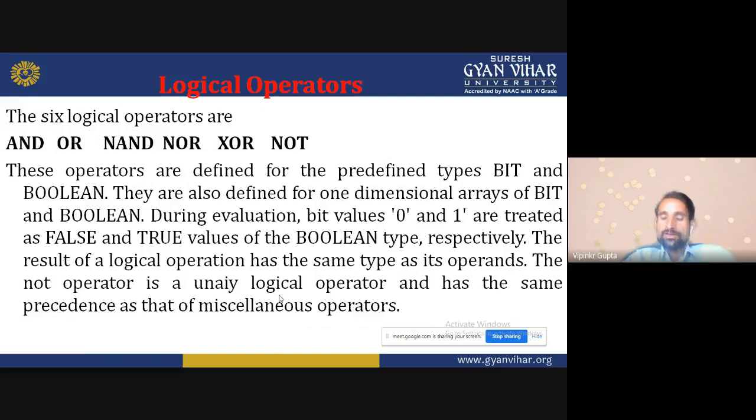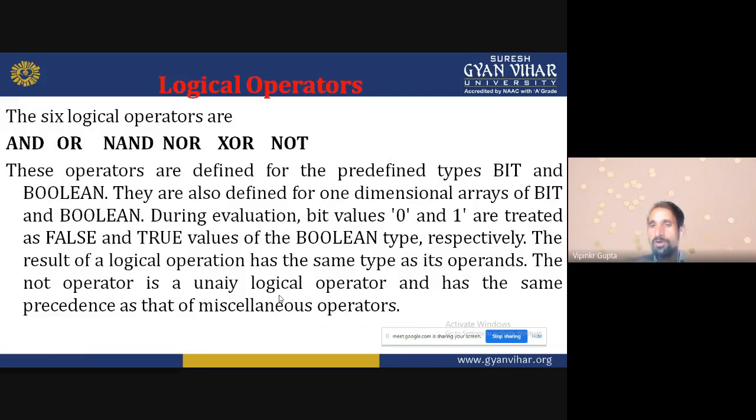The result of a logical operation has the same type as its operands. Suppose we are doing an AND operation and providing Boolean input like true and false, then the result is also true or false. If we provide input 0 and 1, then the result is also 0 or 1. The NOT operator is unique among logical operators because it has only a single input.